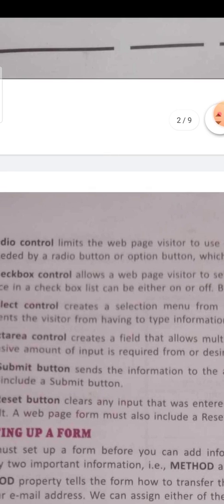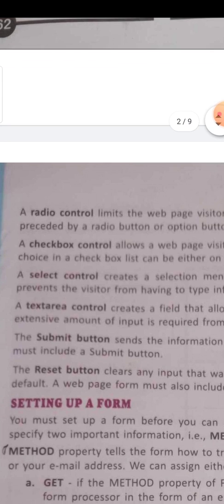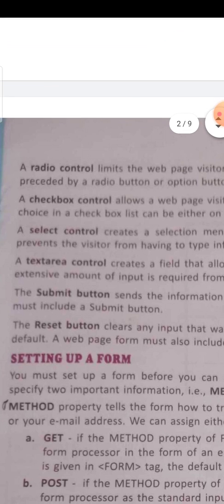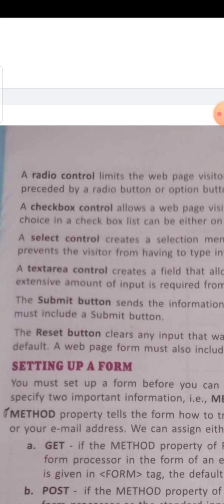If you want to select one option out of many options, then we use the radio button control. These are especially used in multiple choice type questions, where we have to select only one option out of more than one, which may be 3, 4 or 6.